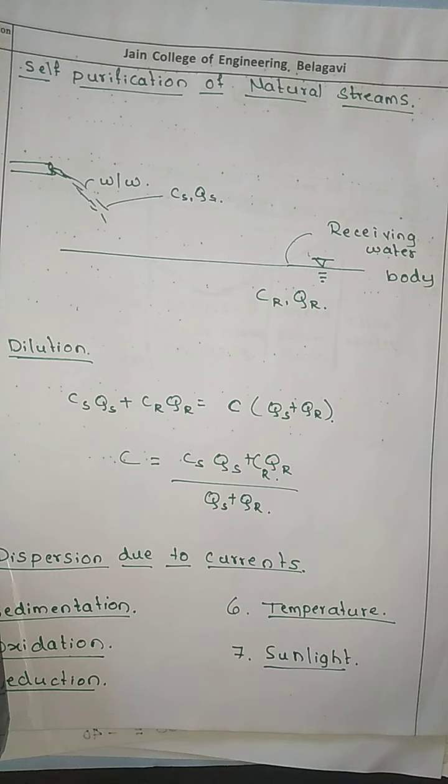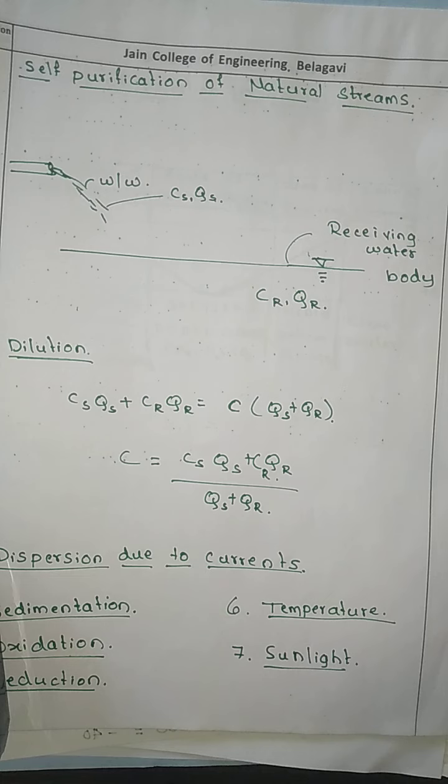Now in today's class we have discussed what is self purification, what is wastewater disposal by dilution, what are the different methods of wastewater disposal, and then we have seen when the wastewater has to be given treatment before dilution, with and without treatment, the conditions when the wastewater has to be treated, that we have studied in today's class.